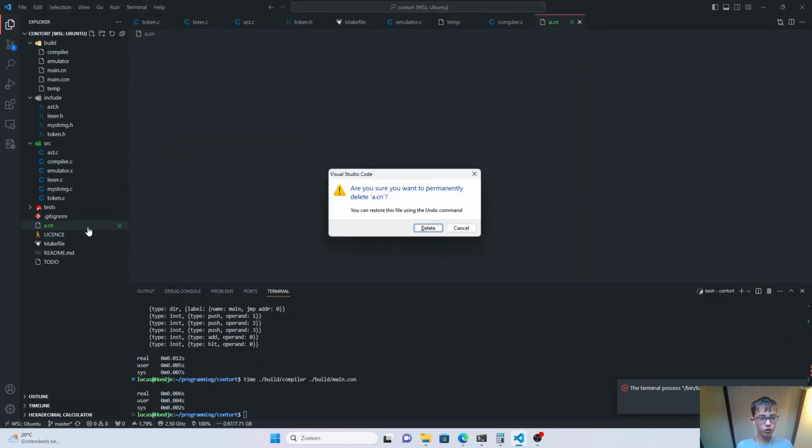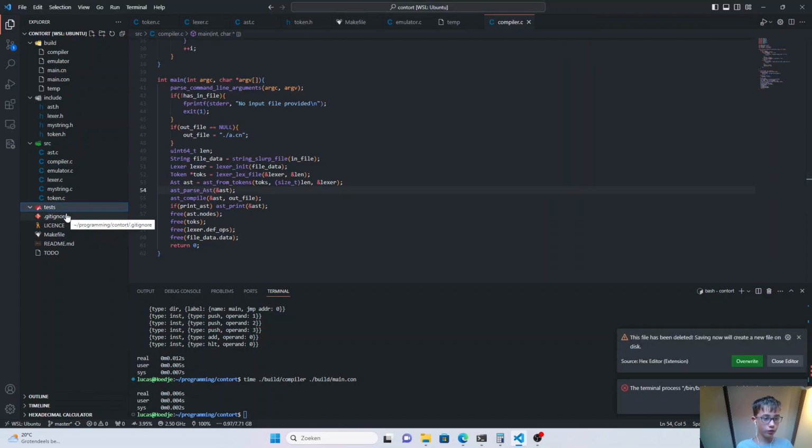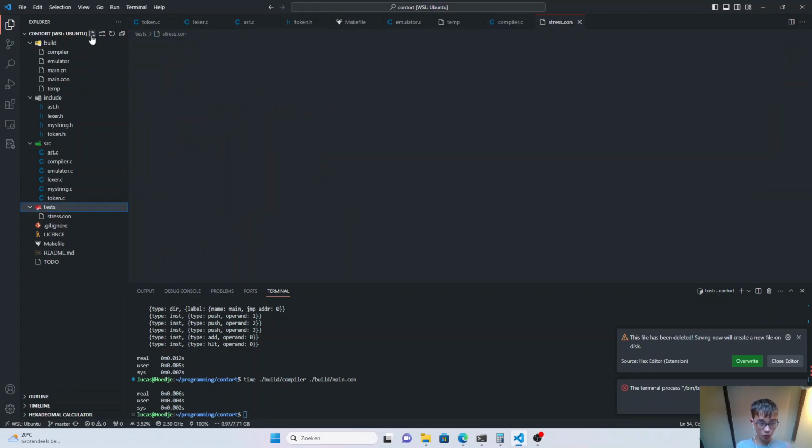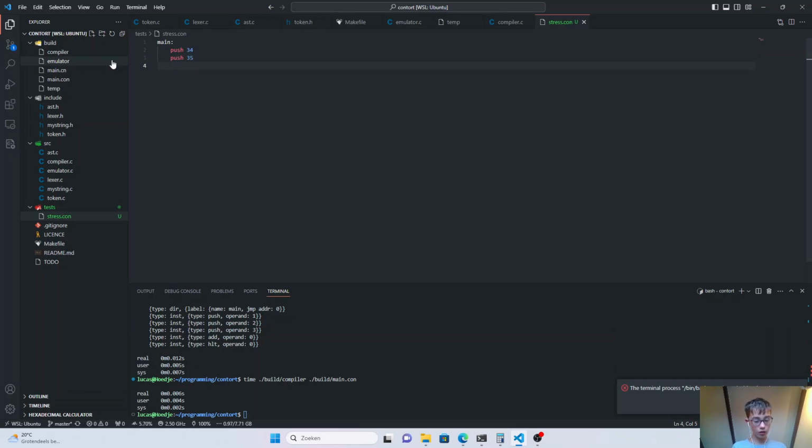which is then going to be filled with trash.com, which is going to be filled with main, then push 34, push 5, add, push 69, equals, jump if, end, jump main, and then we have end main, then we have end, which is just going to halt the program. If we do this now,